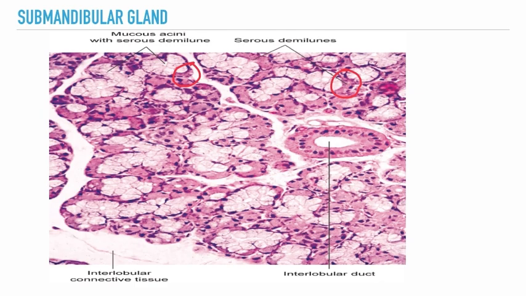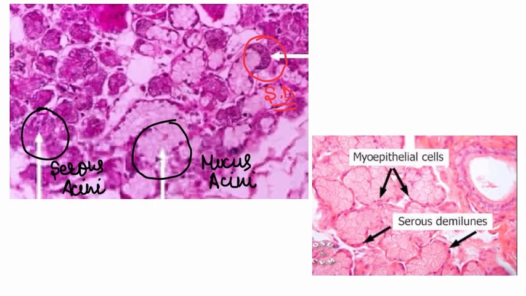Now coming to submandibular gland, as we have discussed, it will be in between both. It has both features of parotid as well as sublingual. So the most distinguishing feature is the presence of serous demilune. Can you appreciate serous demilune here? The mucus acini which is capped by serous acini forming the serous demilune. Here one serous demilune is there. And all the other features like presence of duct or connective tissue remain the same.